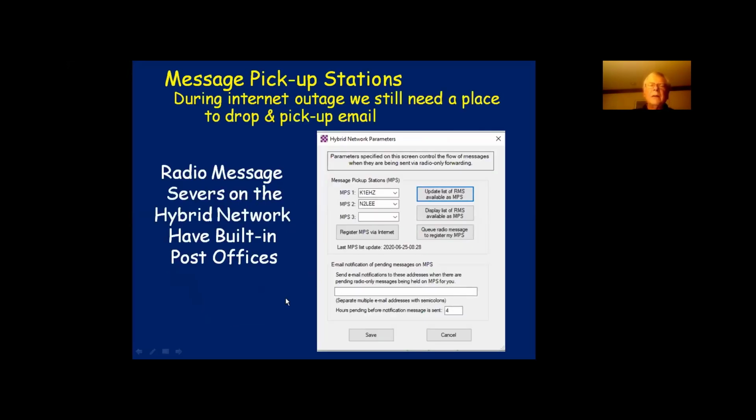So I mentioned earlier when we were talking about the AB4NX and the A3YB, AB4NX was operating a message pickup station. So when internet is out or when you're doing radio-only emailing, you need a place on the radio system to drop and pick up email, and these are message pickup stations. So radio message servers on the hybrid network have built-in post offices, and in the Winlink Express client software,